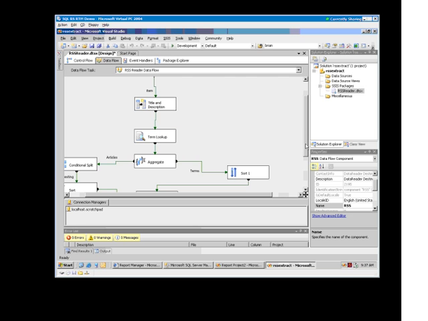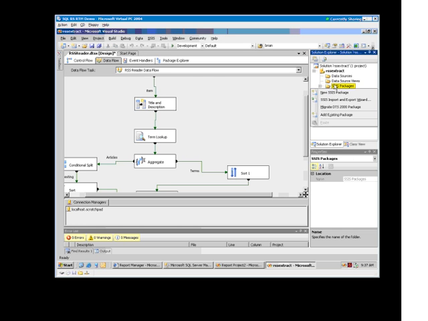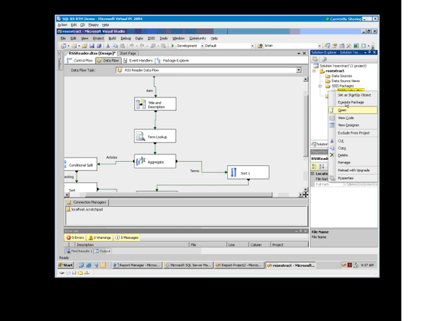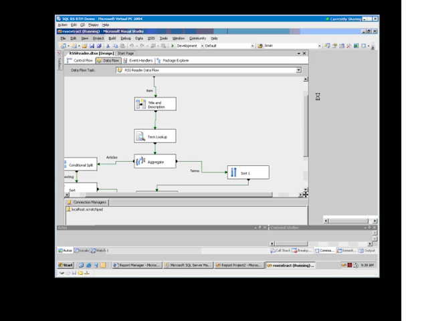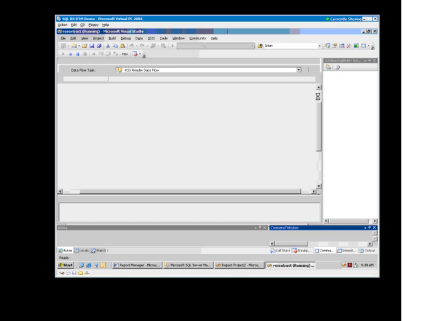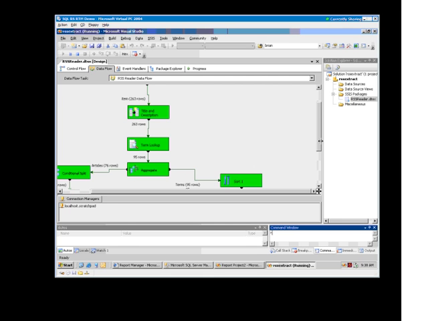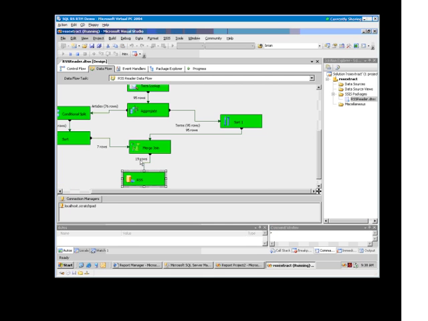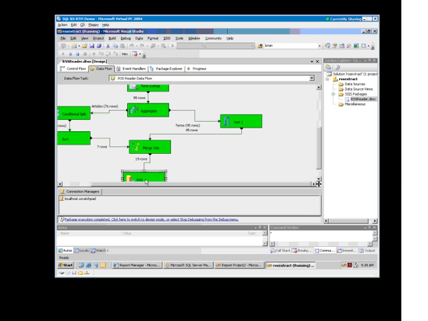So now if we run this package, we're just going to say execute package. It'll go out to the RSS feed, which is, as I said, a web service. Pull in the set of articles, do the aggregate values, and then we can see here as the package is running, down at the bottom here, 19 rows are returned. Now we're just running this in debug mode, so what we're going to do now is stop the package,